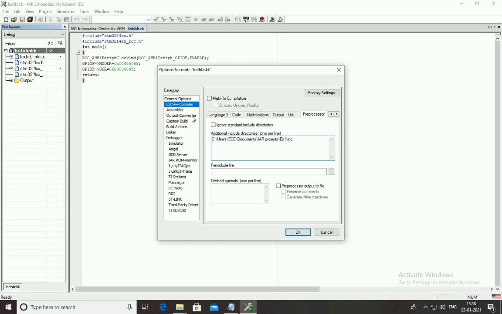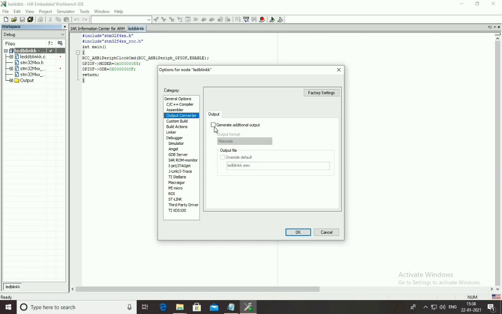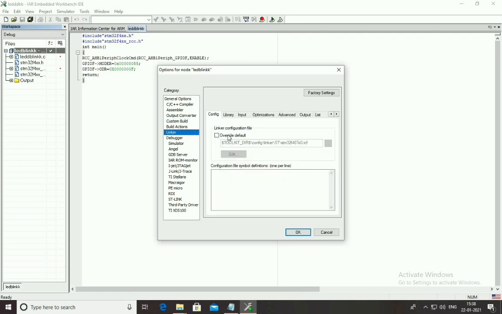Then go to output converter. Tick this, then select Intel extended, then also tick this part, override. Okay, then go to linker, tick this, select this and click OK.